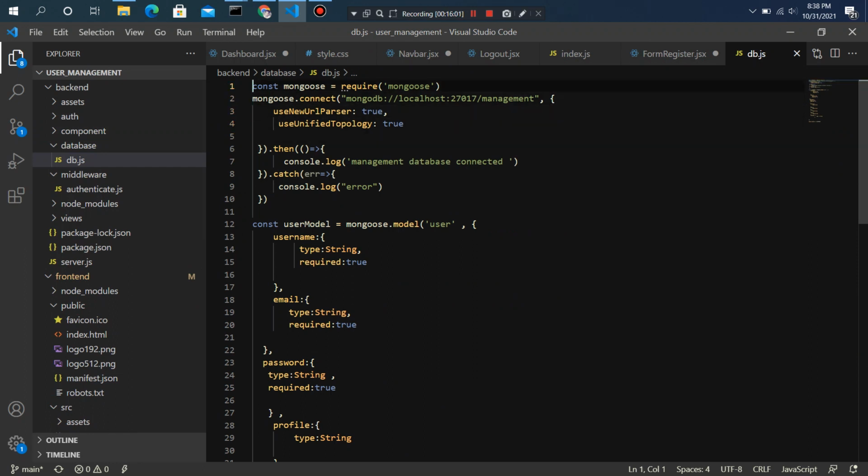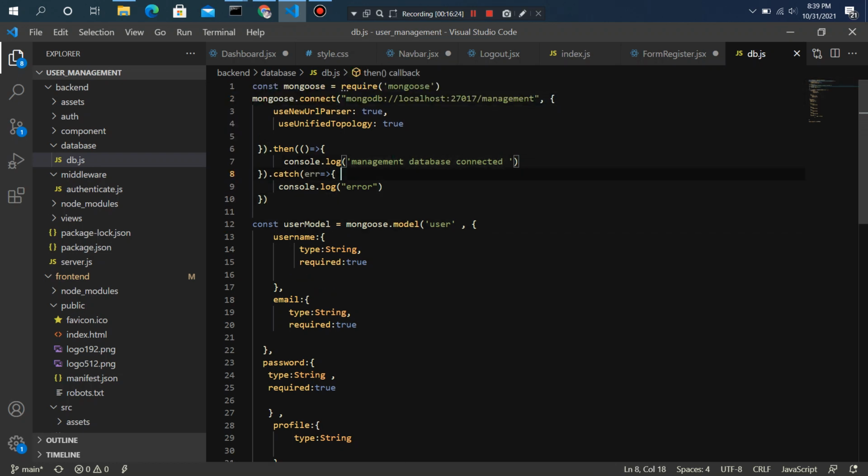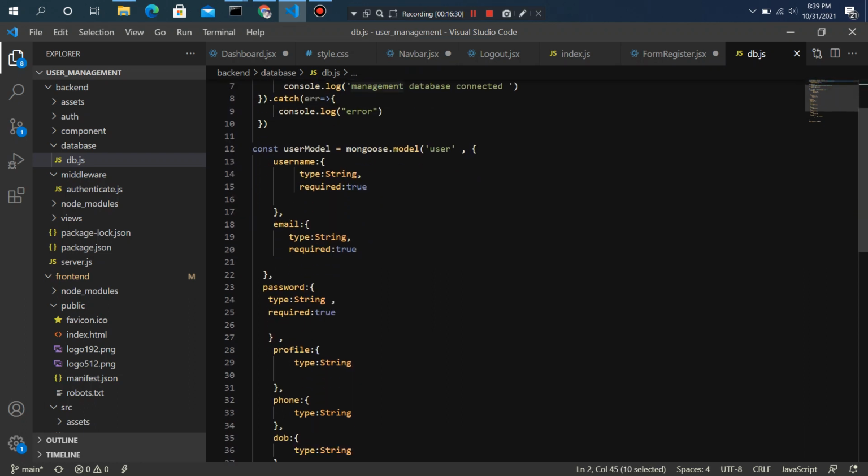Basically, we are making the MongoDB connection, with the default port and your database name. I have not used a .env file just to make it very quick. I could also have used a .env file so that the code would be more secure, but I have just manually entered the database and all the secret keys.